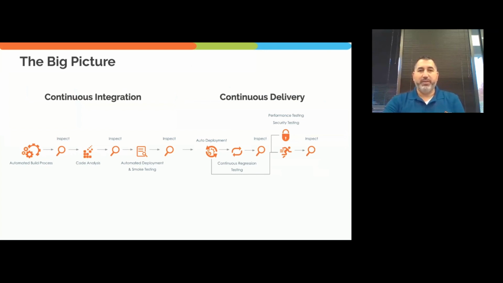So here's kind of an overview of the big picture, the pipeline that we like to look at, starting with our automated build. So we have a mechanism where we advise in the Agile space. So the Agile space, if we're doing it correctly, work is being produced in small bits and pieces. And as part of the definition that's done for that work, we want to require that we have some automation